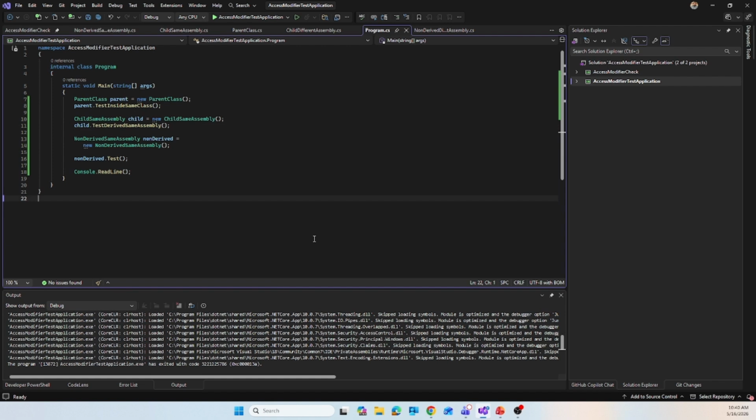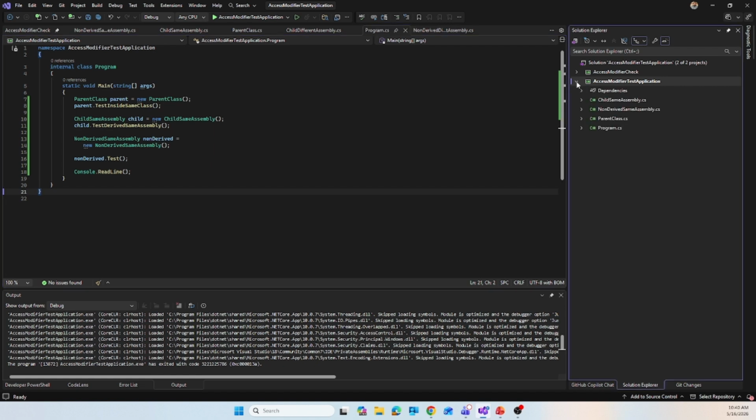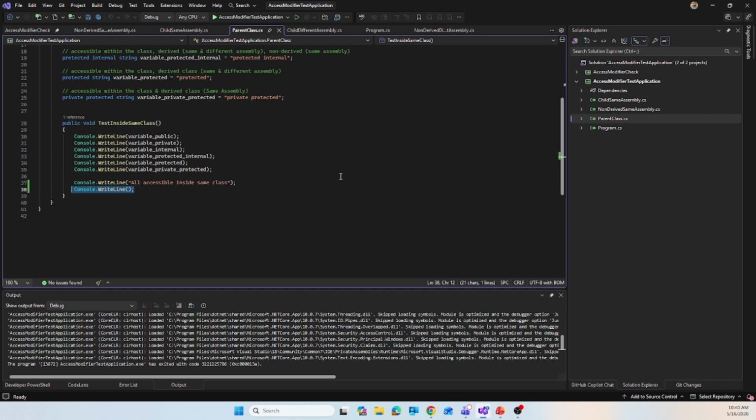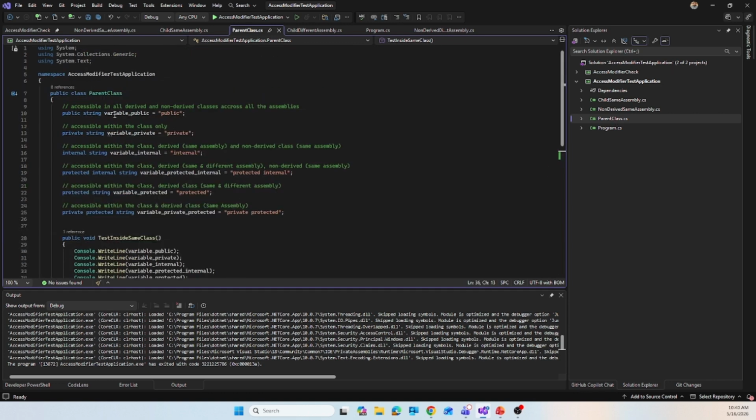So I am going to show a demo now. This is the console application, and this is the class library. I have created the project in Visual Studio 2026 using .NET 10. So first of all, in the console application, I have created a parent class. There I have declared a few modifiers,